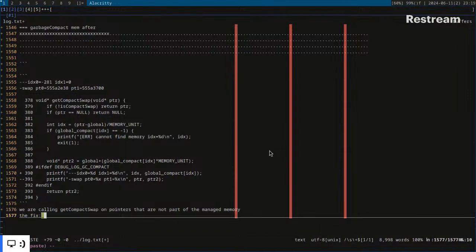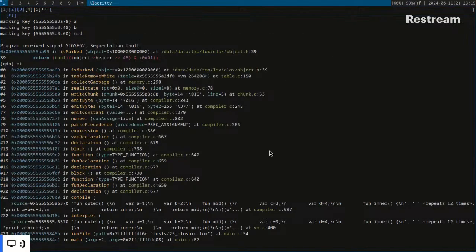So the fix is to double check that the index is indeed within the range of the managed memory. Okay, this is a new error here,